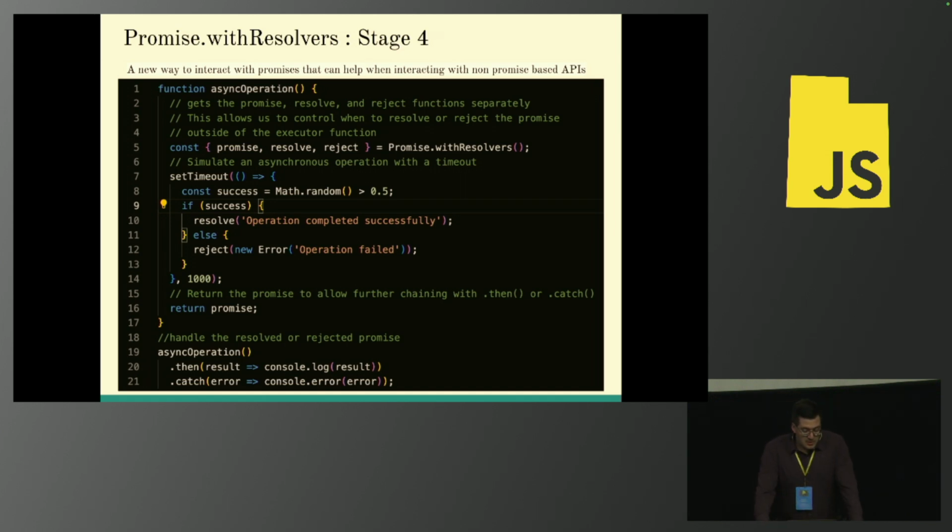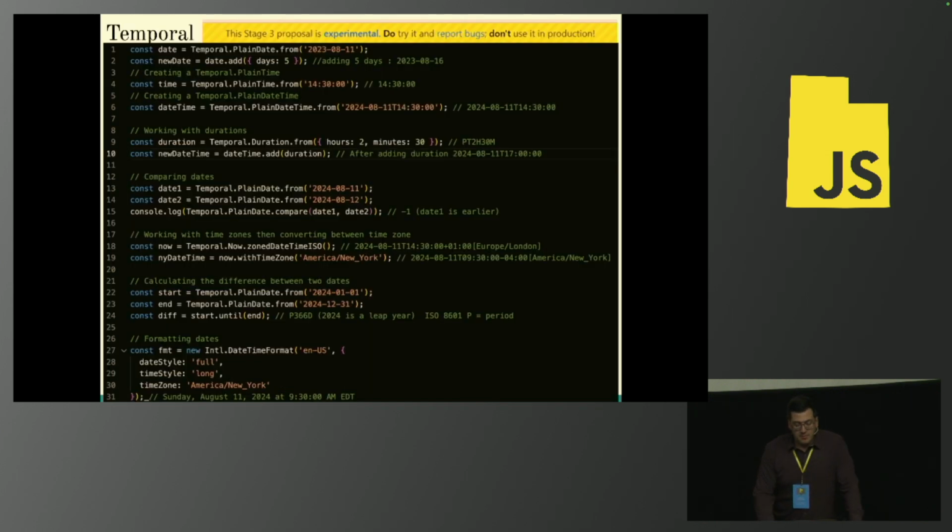And then this would typically work and allow one to do all the actions they normally would with a promise, whether it's further chaining with then or catch, and then just going about using that promise and handling the resolved or rejected promise when you need to or however you need to. So just possibly a more elegant way to go about this workflow. You could do this before by setting different variables and then using them outside. It's just maybe a more efficient or elegant way to do this workflow as a developer, if you will.